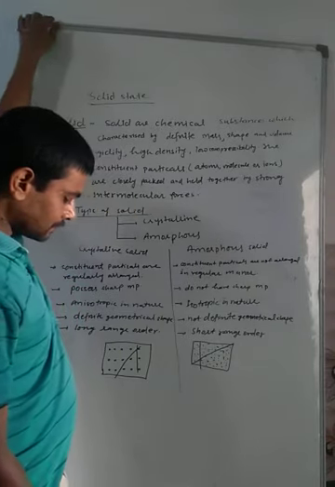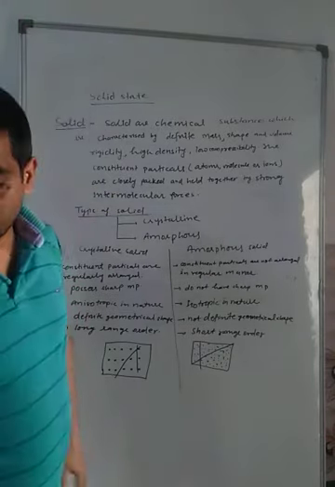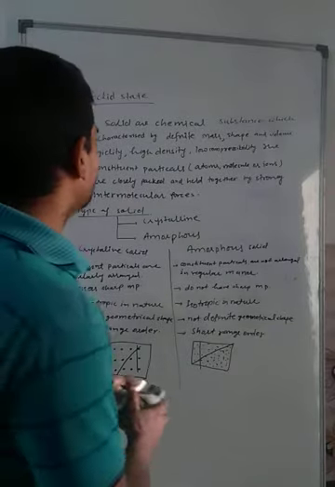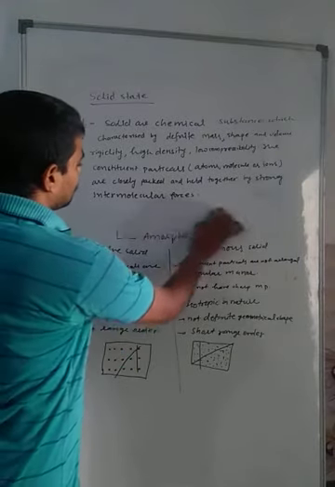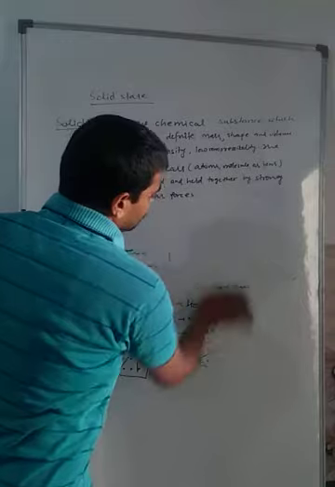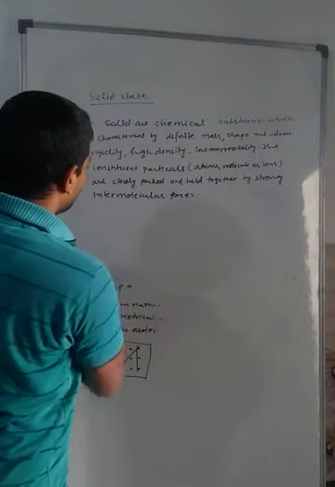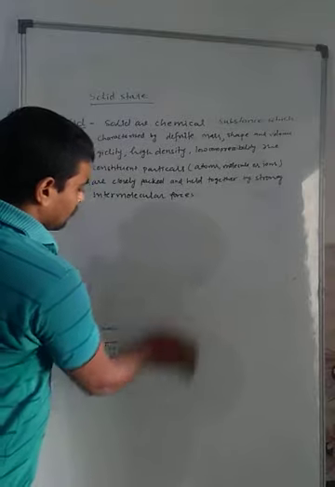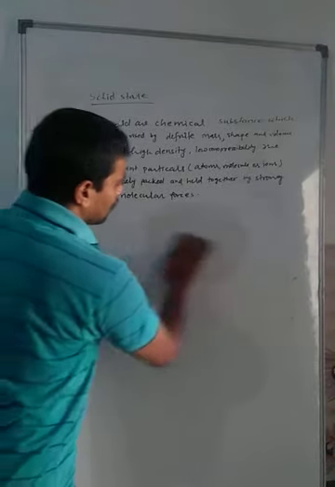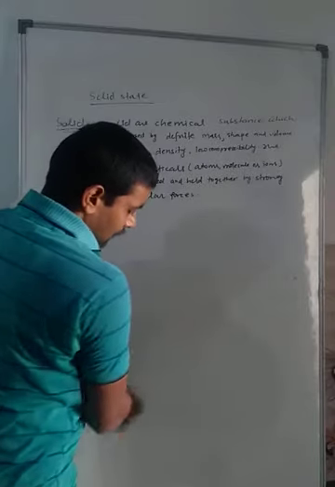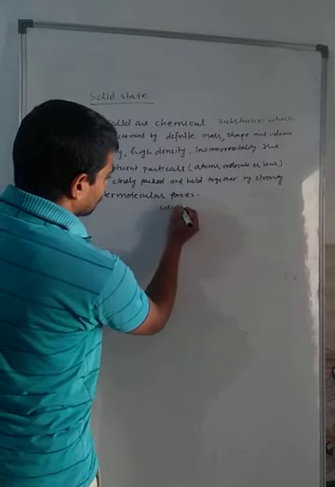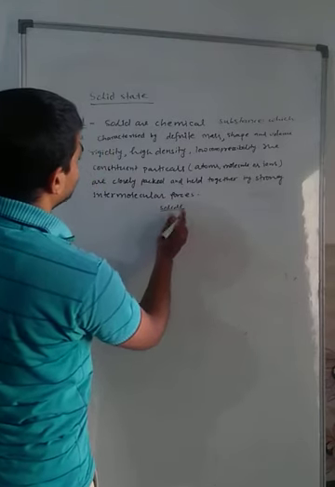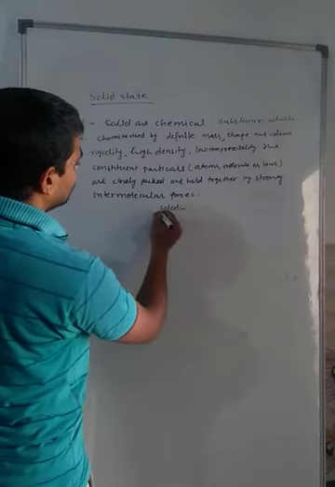We are going to discuss the different types of solids. What are the different types of solids? Solids may be further categorized on the basis of their composition or the intermolecular forces operating between the constituent particles of the solid. So solids can be classified into 4 categories: